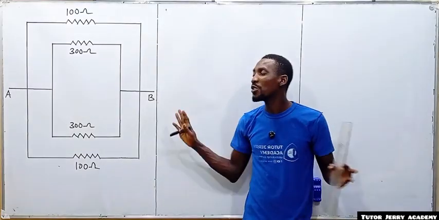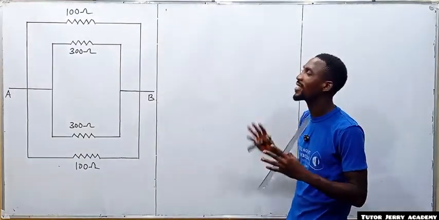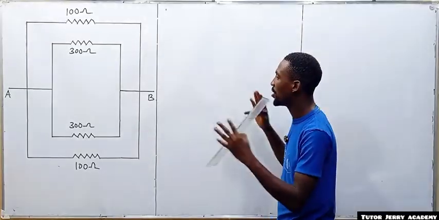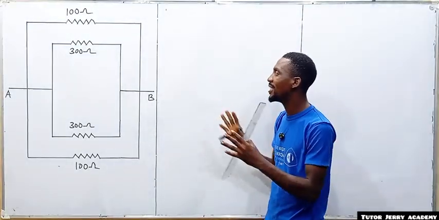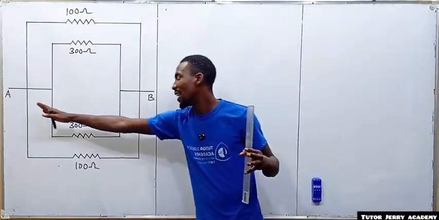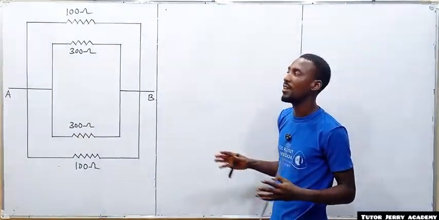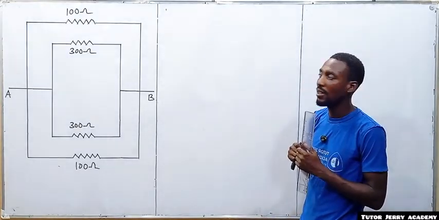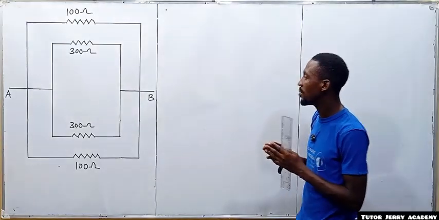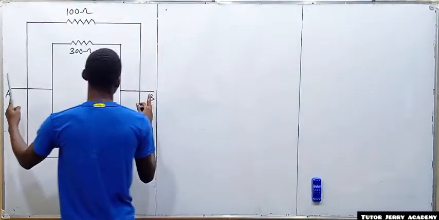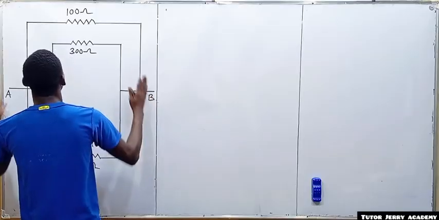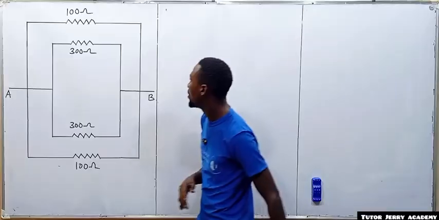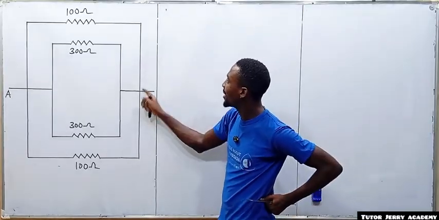All right, we are going to be solving another interesting question under circuit analysis, which says we should find the equivalent resistance between terminal A and terminal B. If you look at this circuit clearly, you are going to observe that this is our two terminal, right? So if current enters into this terminal,